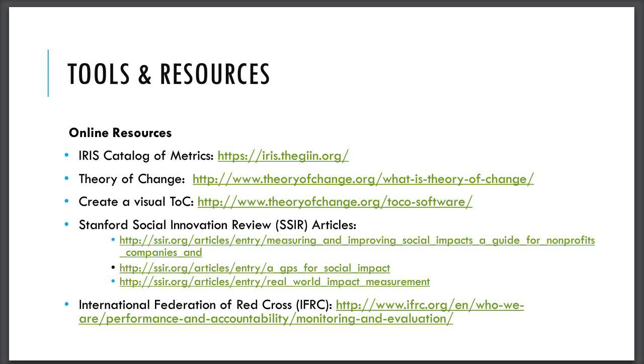Sure. I think we can tag team these questions. So the first question is the existence of many different reporting standards. This is actually a really good question because this is one of the main issues facing the social impact investment sector, is that